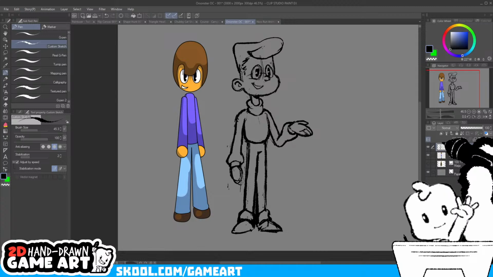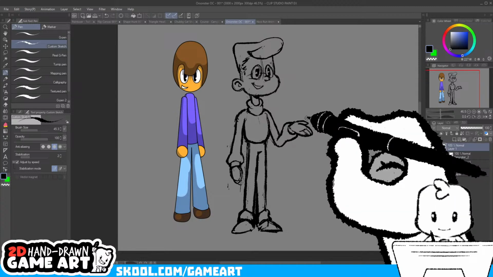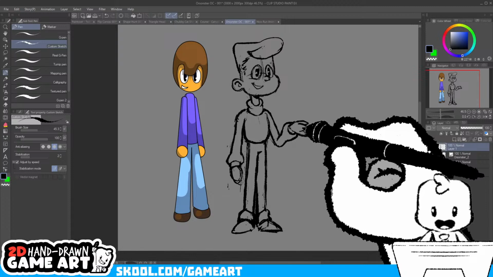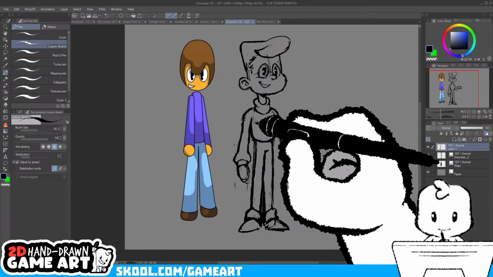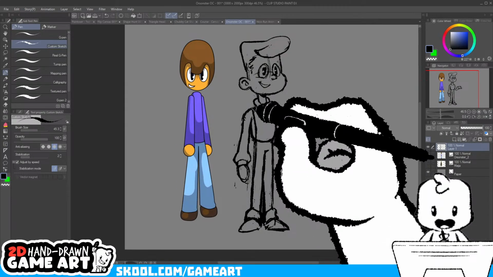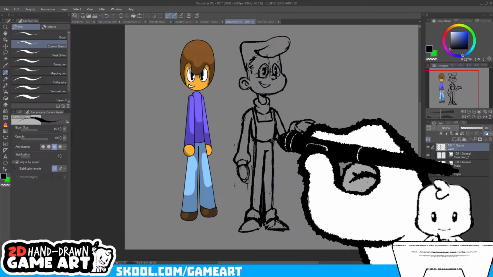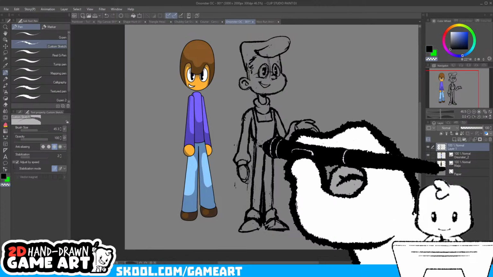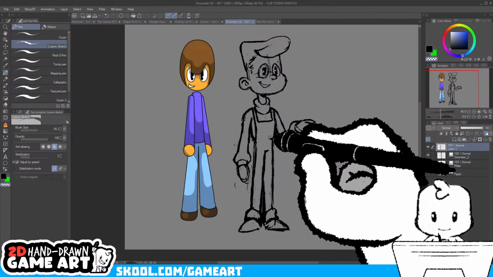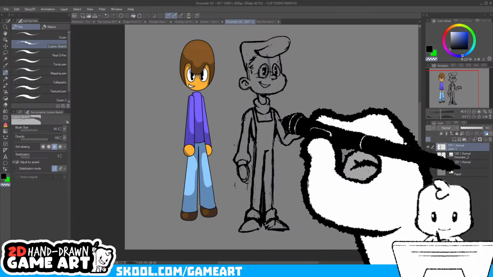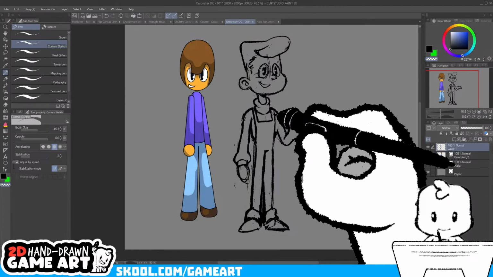Oh, hey Slime! How's it going? You imagine him wearing overalls? I think he would look pretty good in overalls. You can give him overalls, why not? This is a collaborative effort.